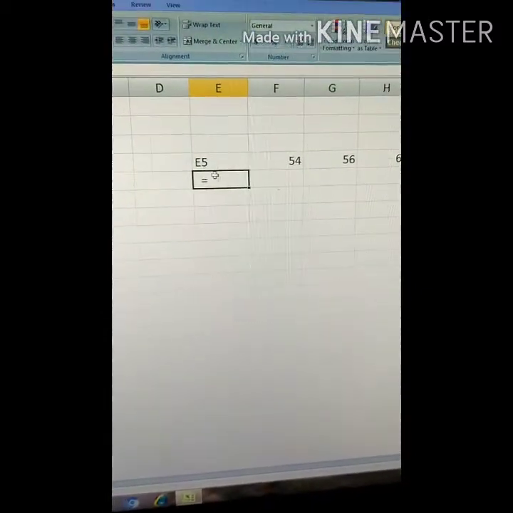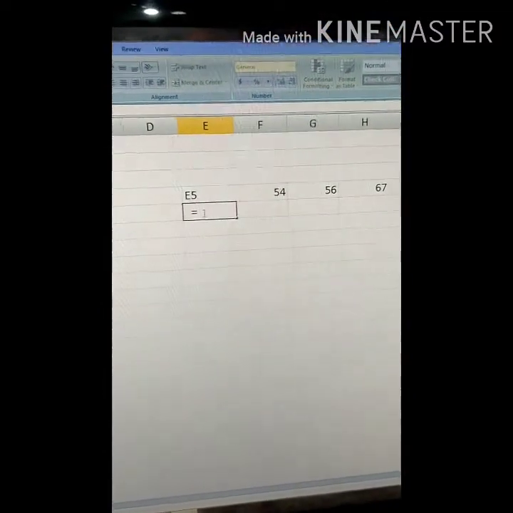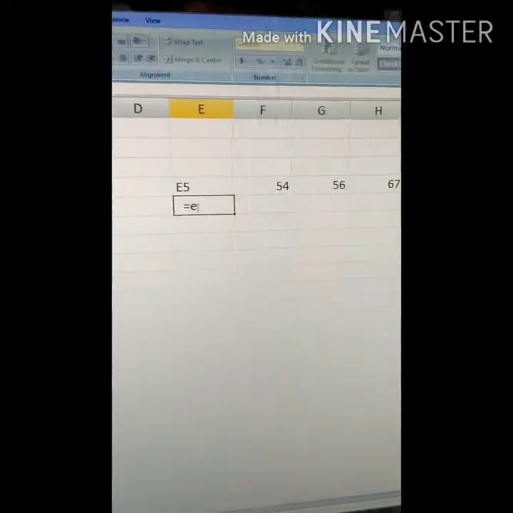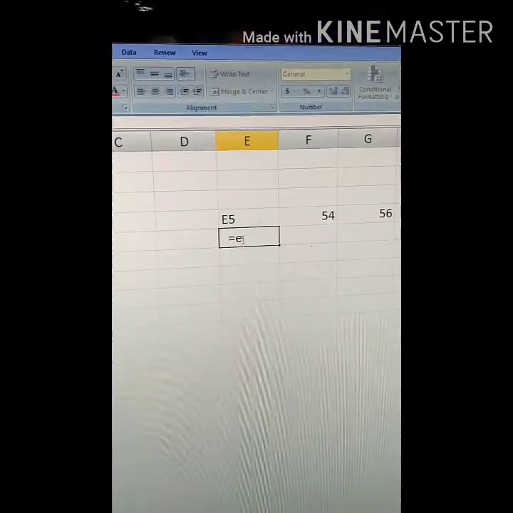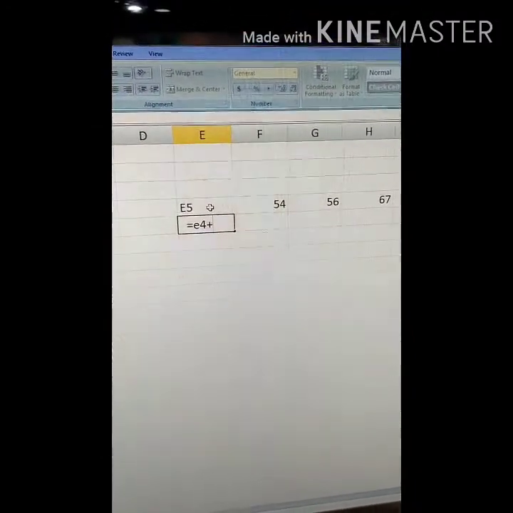We have to write equal to sign, then E4 plus F4.